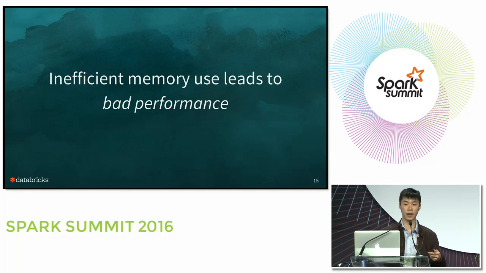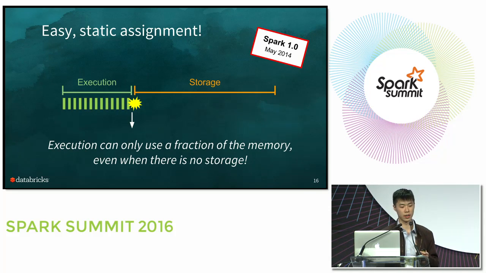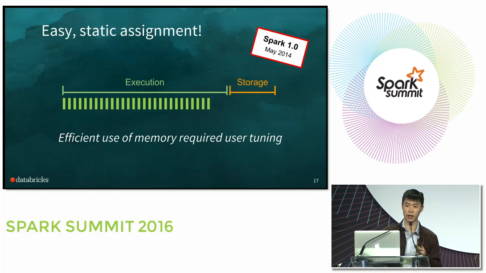So I mentioned before that efficient memory use is critical to good performance. However, the inverse is also true, which is that inefficient memory use leads to bad performance. And in this case, the inefficiency is that execution has to spill to disk, even though there's all this available space on the storage side that we're not taking advantage of. So almost by definition, execution can only use a fraction of the memory, no matter what's going on on the other side. So you might argue that, well, one way to solve this is to simply have the user tell us